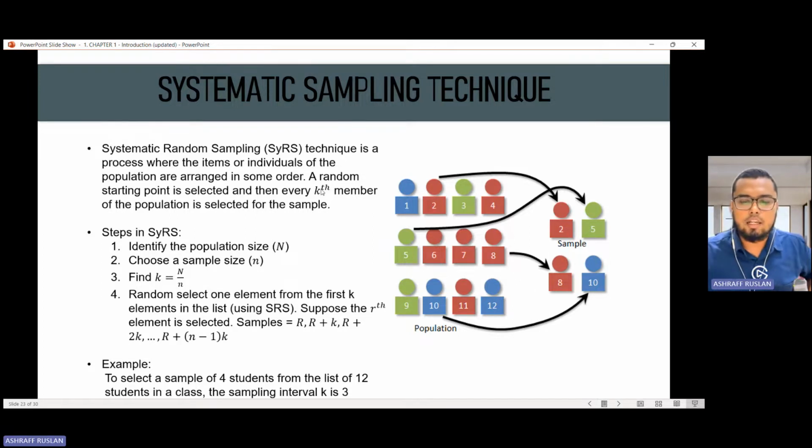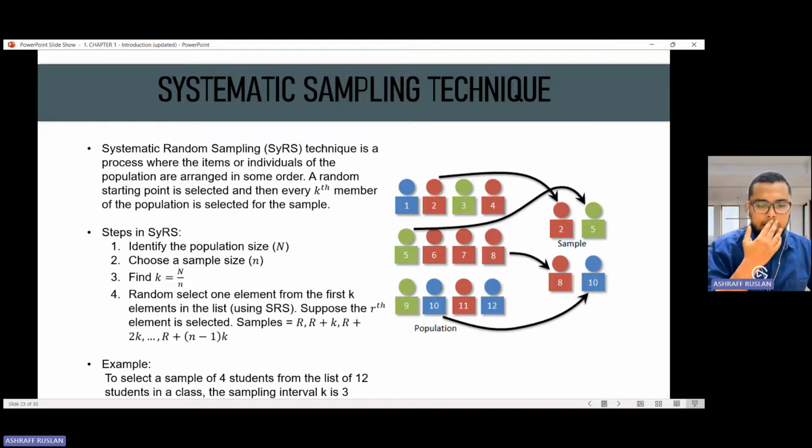So let's say dalam contoh kat sini, we do have 12 students in the class. Tak tahulah kelas apa yang 12 orang ni, tetapi the aim is to select a sample of 4 students. Dia nak ambil 4 orang, contohnya tolong sir ambil buku dekat bilik sir, ataupun ambil barang dekat kenderaan sir, ambil nota dan sebagainya. So saya nak 4 orang tapi saya nak pilih secara sistematik. So how are we going to do that?